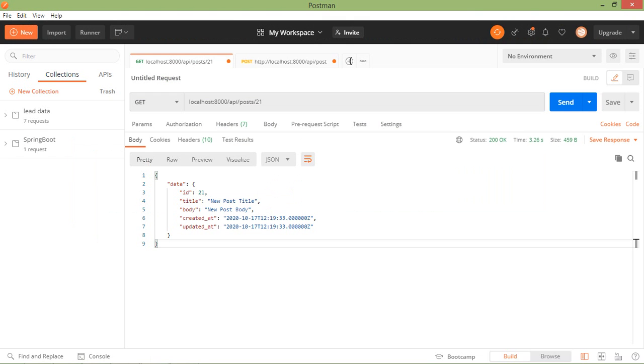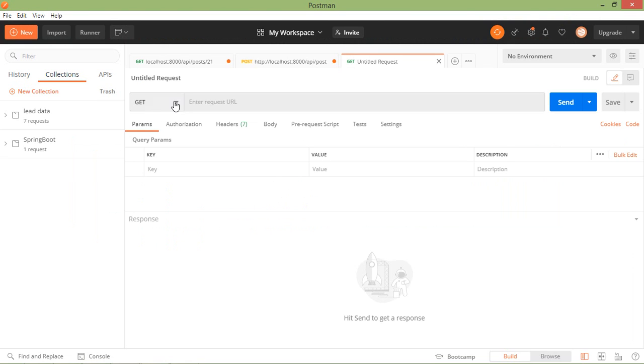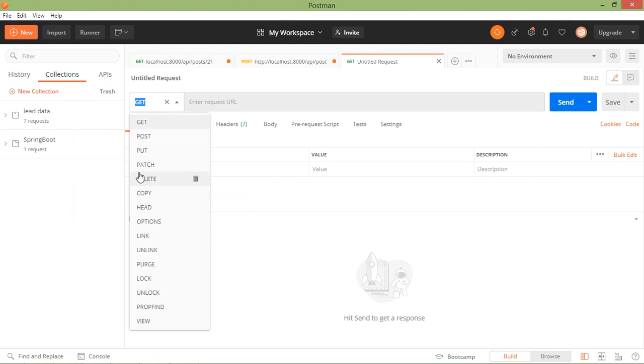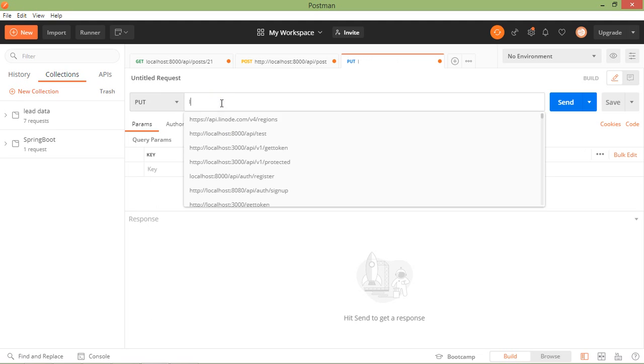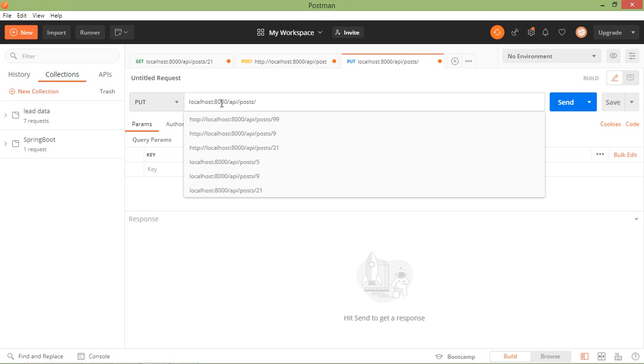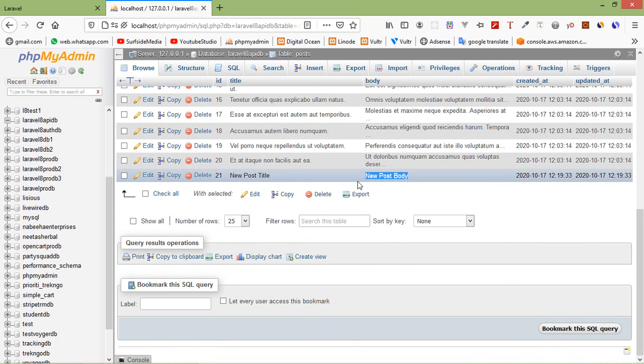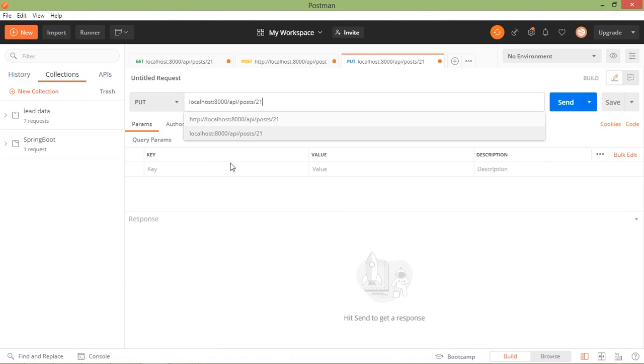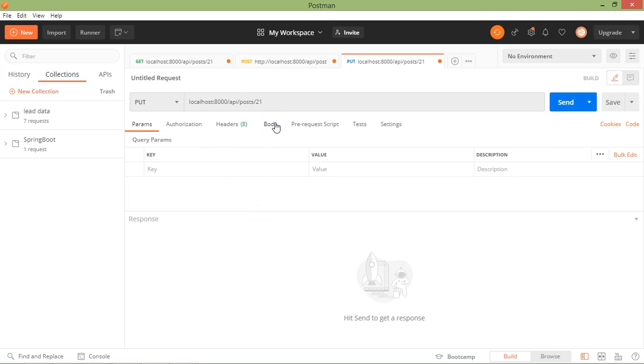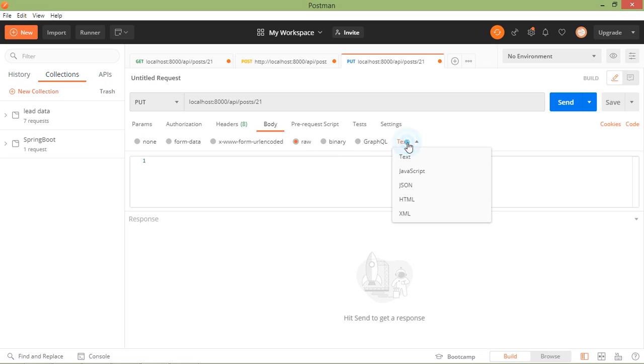So inside a new tab, select the put method and URI localhost colon 8000 slash API slash posts slash, I'm just going to update the last post, this one. So just add the ID 21, and inside the body click on raw, and then select JSON.